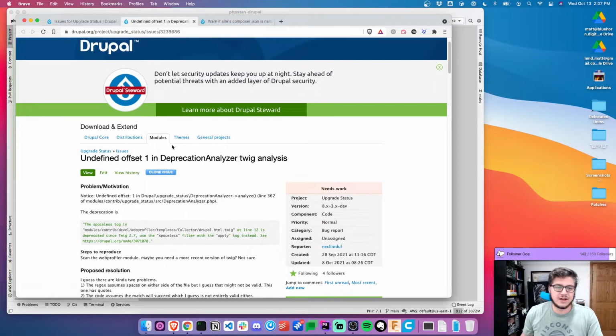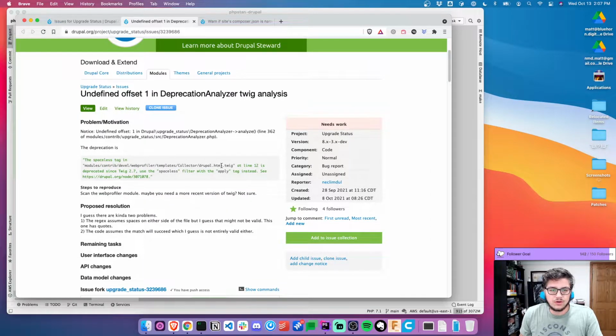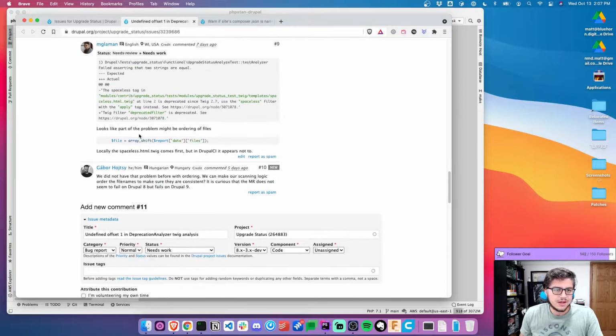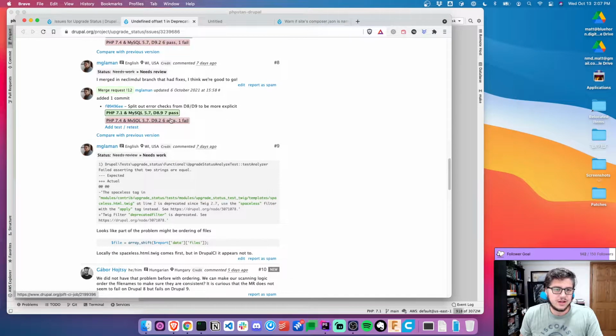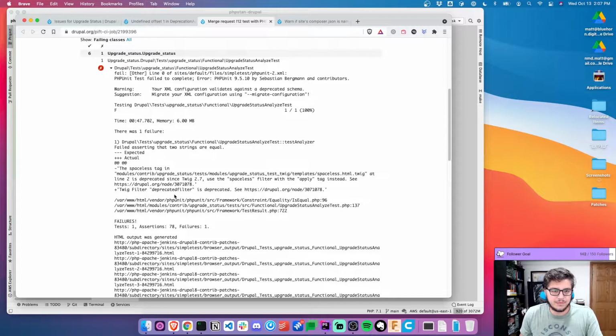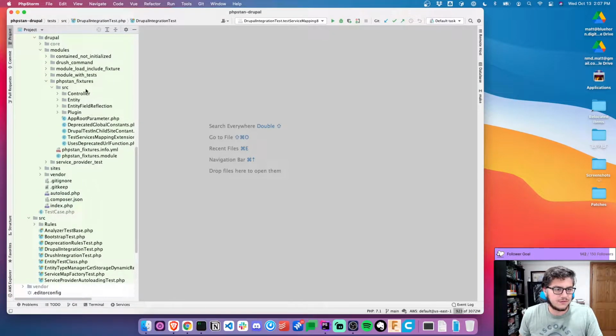One thing we're working on is an error that was showing up in the deprecation analyzer for twig templates. It worked when there was a deprecation inside of Drupal itself, but when the deprecation came from inside twig, it was throwing an error. We're real close, but for some reason on PHP 8, the files are sorted differently, and I'm not sure why. We can see here, we assumed that the spaceless tag would be first, but the deprecated filter came first. And if we look at our test fixtures,